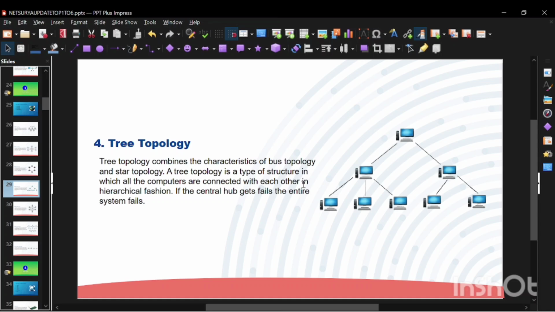All those networks are then connected to one main backbone network that links the whole campus together. It's like a tree, you can see this structure in the diagram. Small branches joining a big trunk. So this is your tree topology.